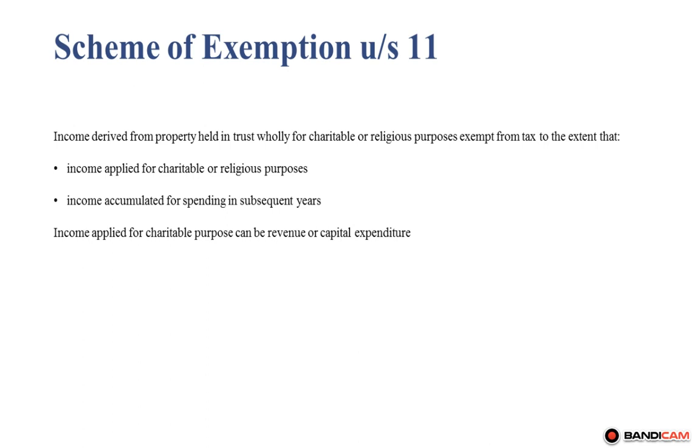Here is a scheme of exemption under section 11. We already studied the scheme of exemption under section 11, that is property held in trust wholly for charitable or religious purposes is exempted from tax to the extent that the amount spent on the charity purpose is allowed for exemption. Then income accumulated for spending in subsequent year,